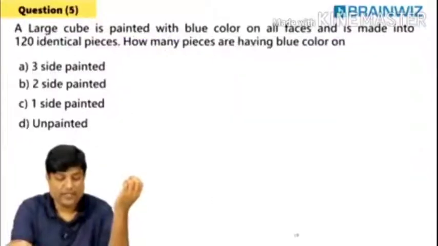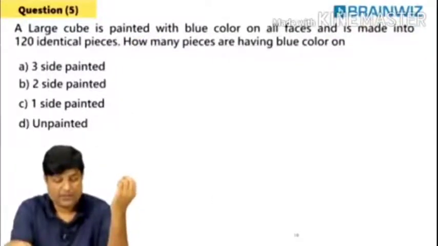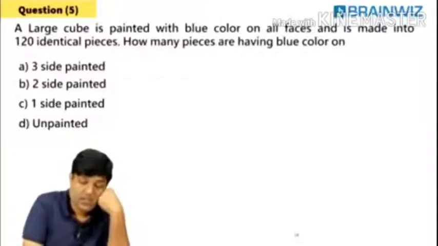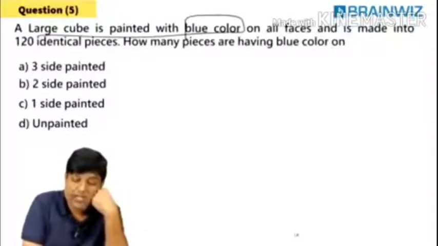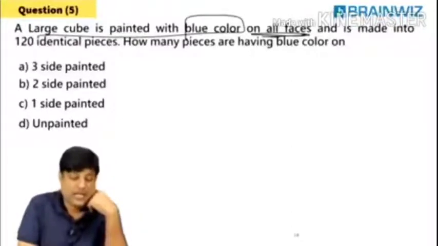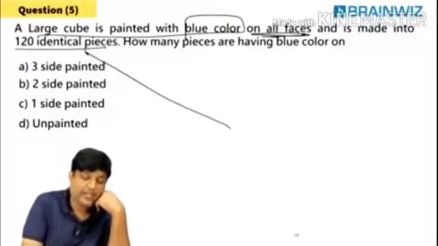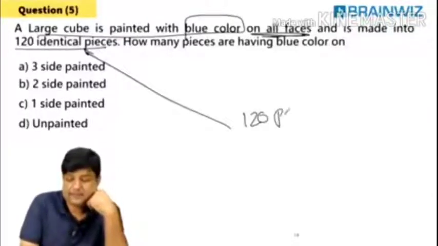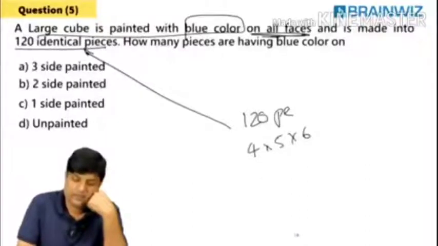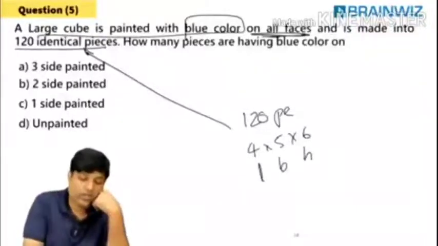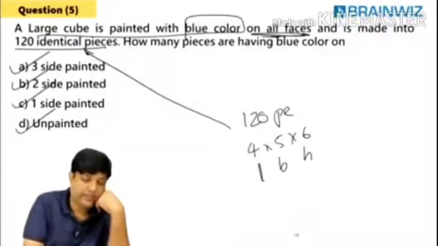Let's move forward now. Can you do this question? A large cube is painted with blue color on all the faces, and it is made into 120 identical pieces. 120 pieces, sir. I want 3 side, 2 side, 1 side, unpainted.